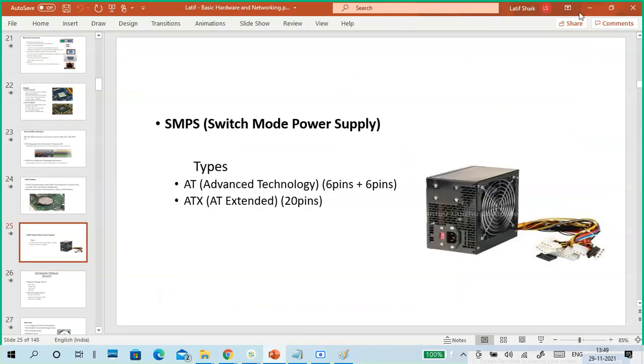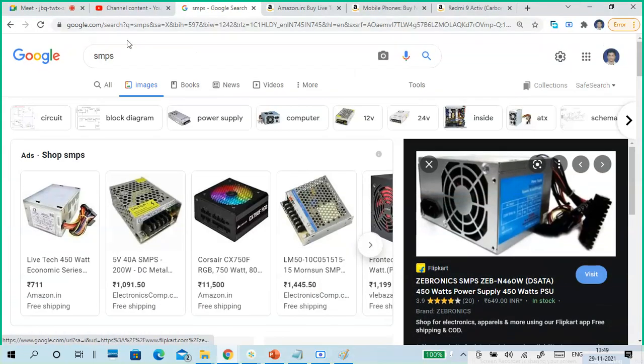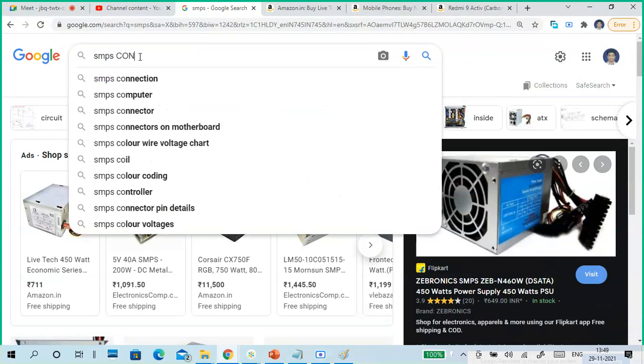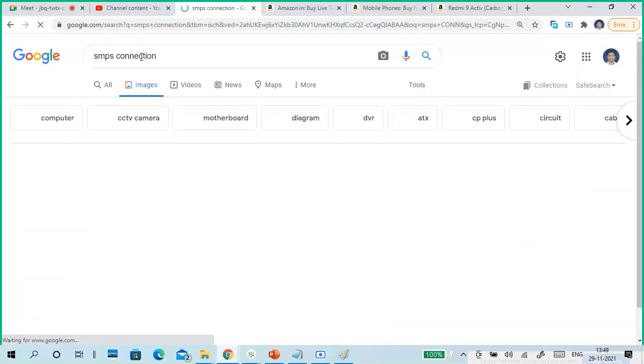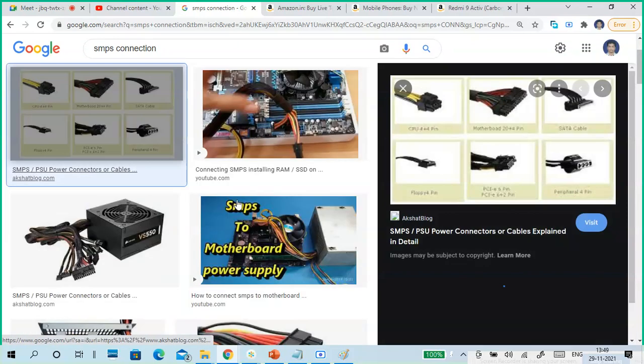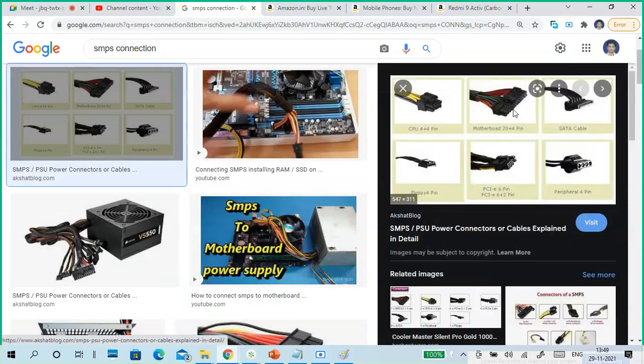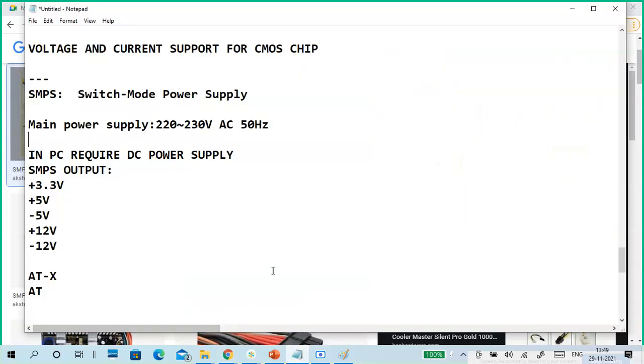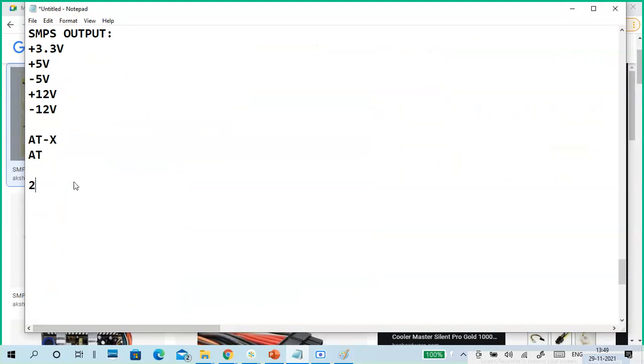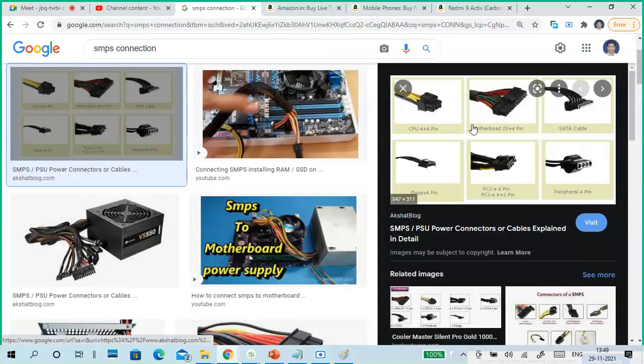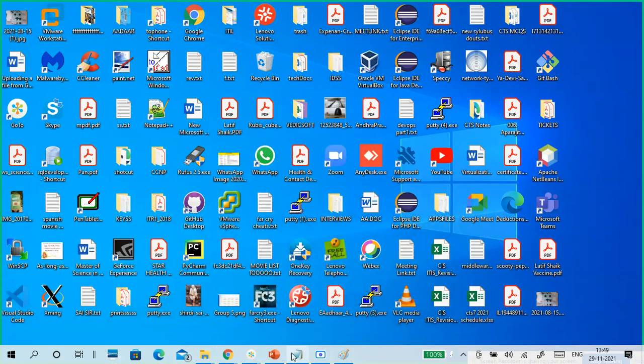The big one is a 20 plus 4 pin, or 24 pin, which goes to the motherboard. Next, if you see this one, 4 plus 4 or 4 plus 2 also goes to the motherboard, but the purpose is for the CPU.